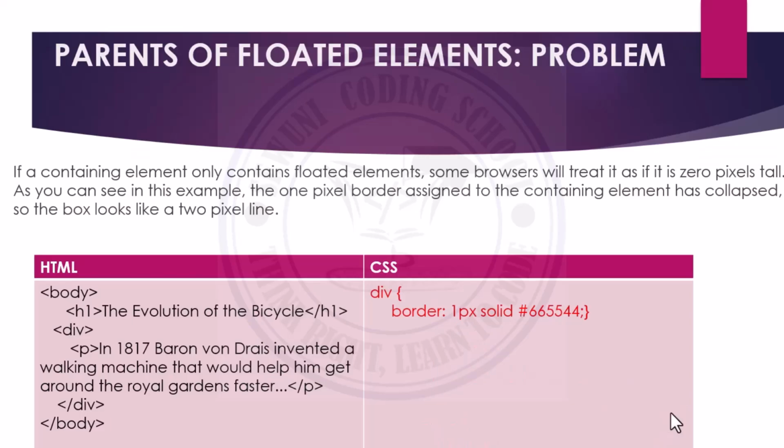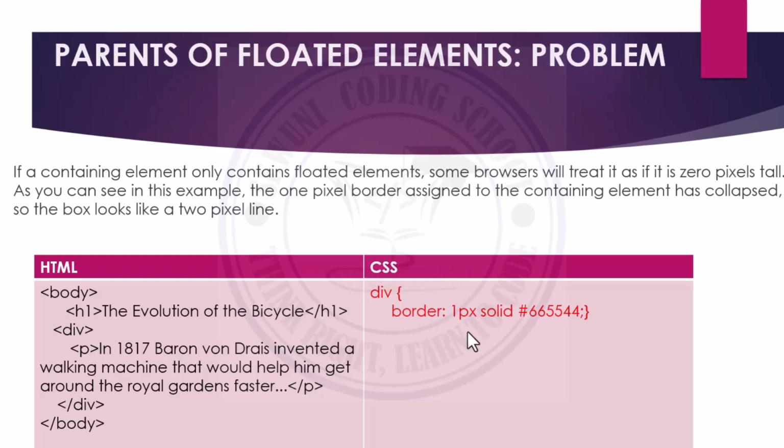This is a problem, and then we are going to explain using the solutions. Parent of floated elements: if a containing element only contains floated elements, some browsers will treat it as a 0-pixel box. I'm going to show you the example. As you can see, the example HTML and CSS here. The 1-pixel border assigned to the containing element has collapsed, so the box looks